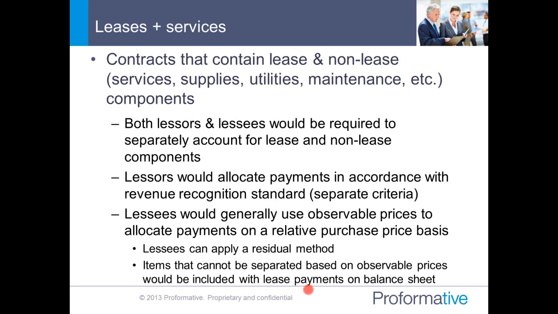But if they can't separate the items using either observable prices for both or the residual method if they could observe one price, they're going to have to include those service payments in the capitalization, and that's